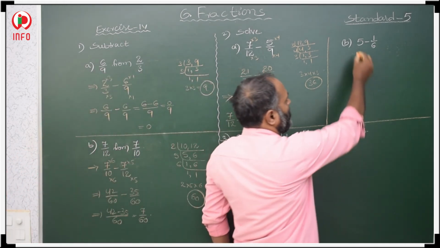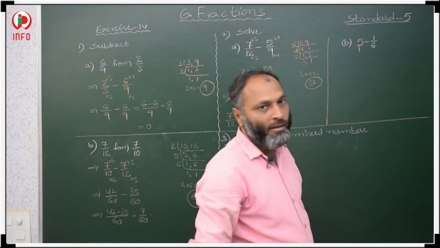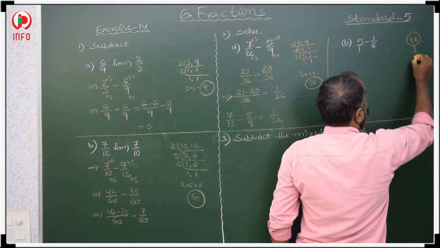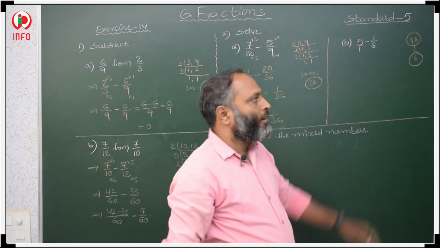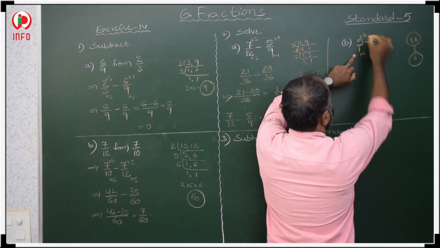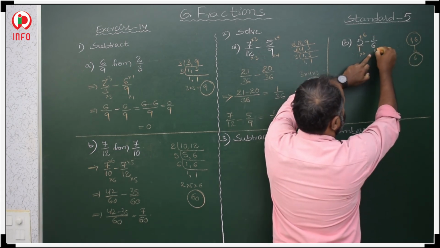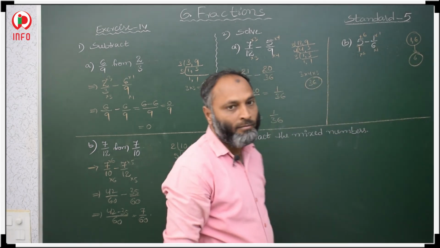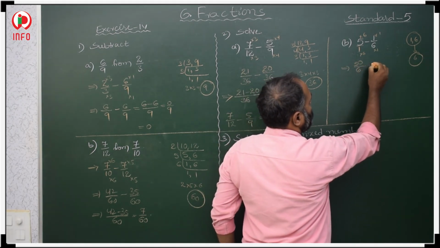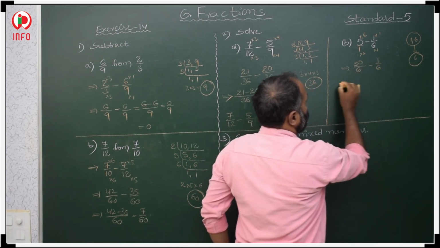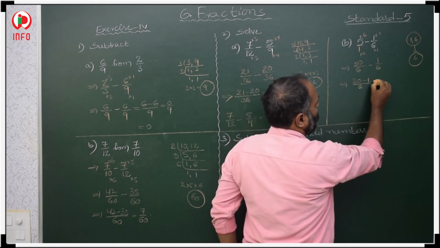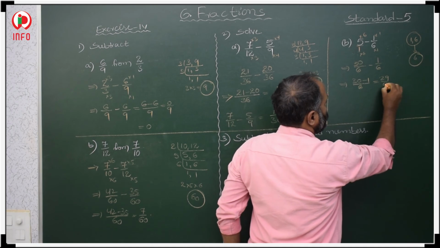Here, by 1, there is no denominator shown, so it is by 1. The LCM of 1 and 6 is 6 only. Okay. In the 1 table, when will you get 6? 6 times, multiply with 6. In the 6 table, when will you get 6? 6 1s are 6, multiply with 1. 5 6s are 30 by 1 6 is 6, 1 1 is 1, 6 1s are 6. Then the difference of numerators, 30 minus 1 by common denominator 6, 29 by 6.